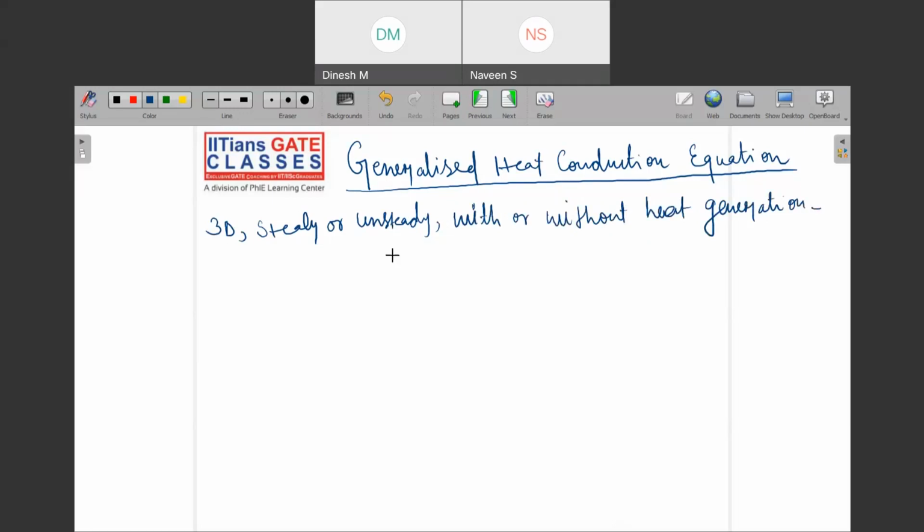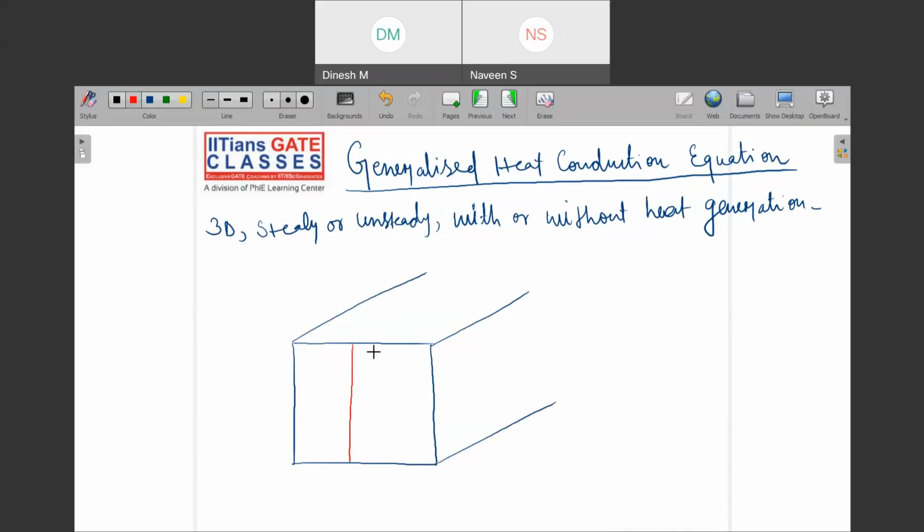Okay. Now, let us first assume that there is a slab through which heat is flowing. So derivation is not important. I would just help you to understand how we have done this. Okay. Because in order to crack the exam, you should know what the right approach is also. So let us say that this is the slab into which we are going to look at the heat transfer. So let me take one slab here.